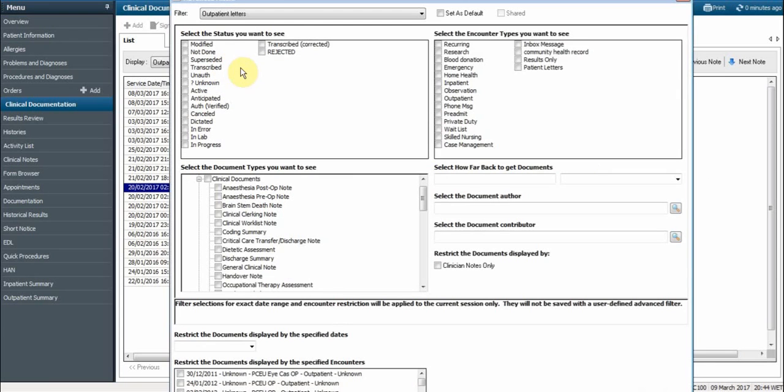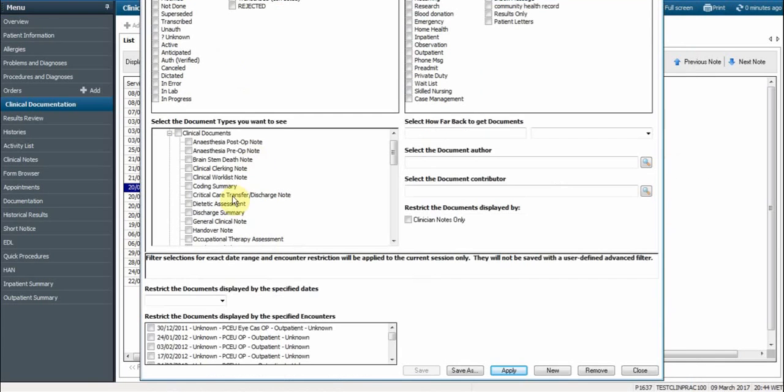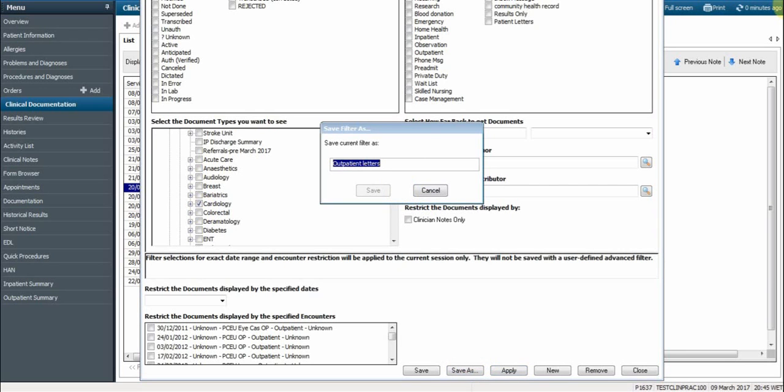But I also want to create a filter so I can just specifically see cardiology letters, because I think that would be useful. So I'm going to untick this and untick radiology, and I'm going to go down to a higher level of, or a more discrete level of the hierarchy. I'll just choose cardiology. I'll save that as cardiology letters,